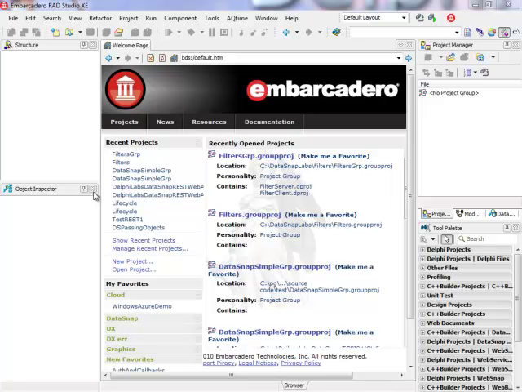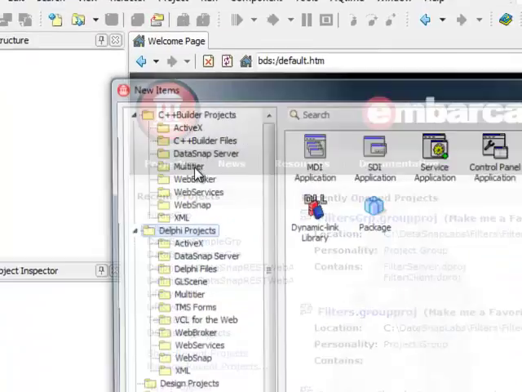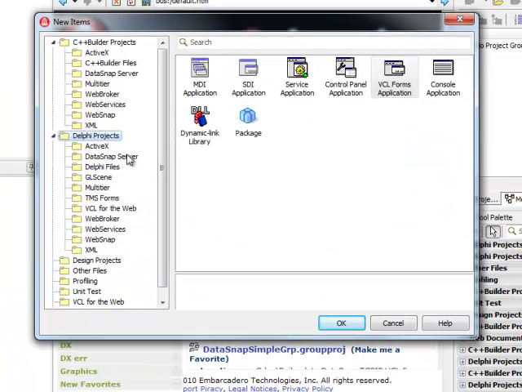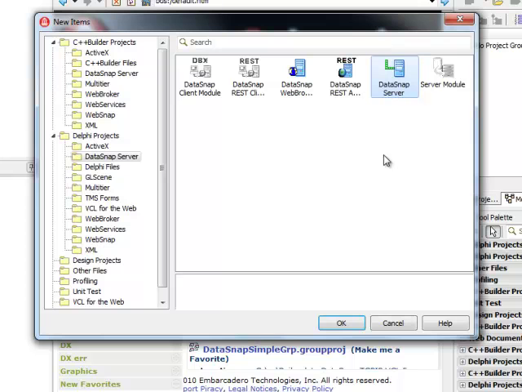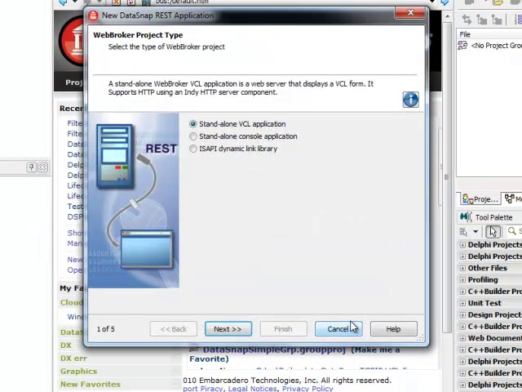Today in Delphi Labs we are going to switch gears a little bit, and this time we are going to create a brand new type of DataSnap server application, which is not a DataSnap standalone server, but a DataSnap REST application. This is the wizard that will create for me a completely